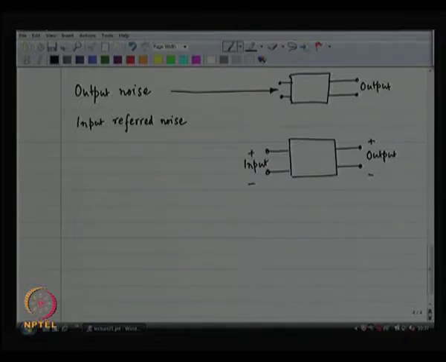You find out the total noise at the output. Basically, you take each noise source one at a time, find its effect at the output, and sum up everything together. That gives you the output noise. Now, the question is,